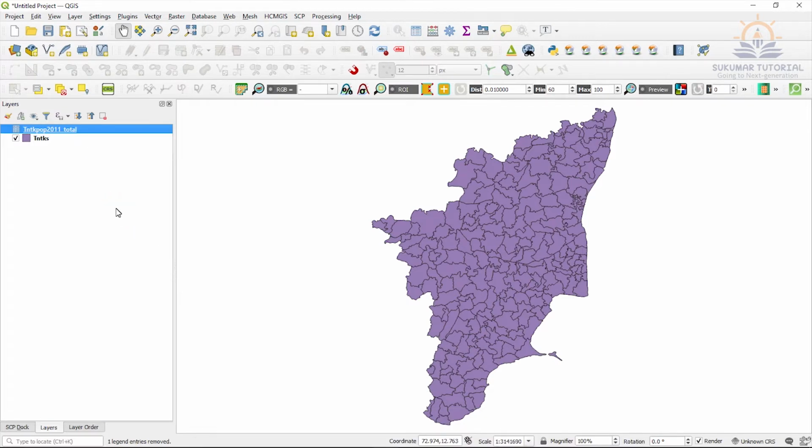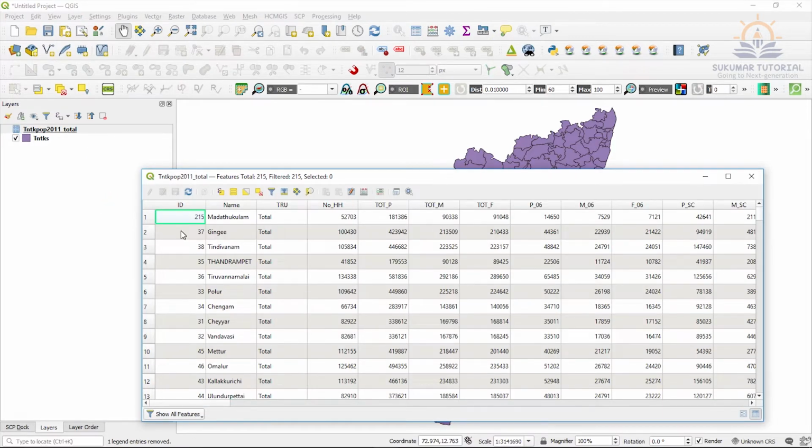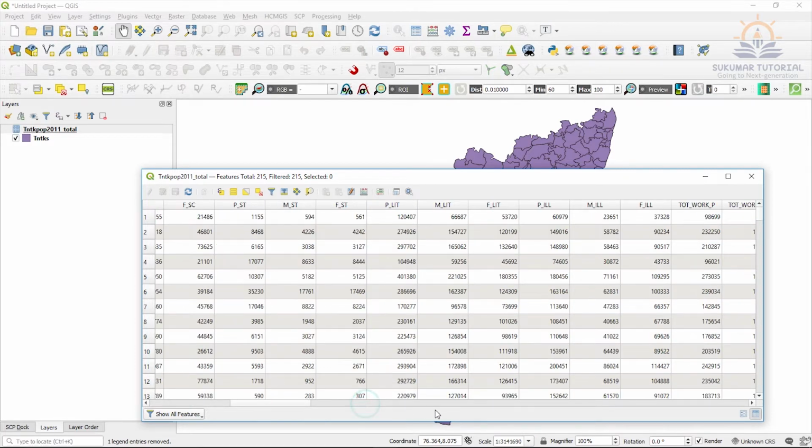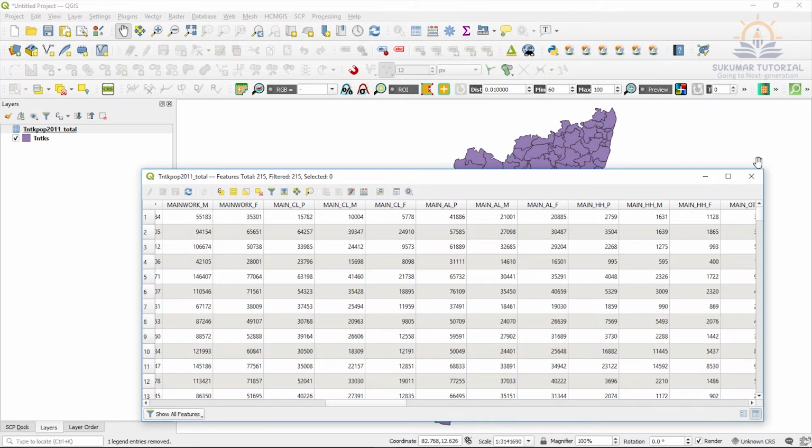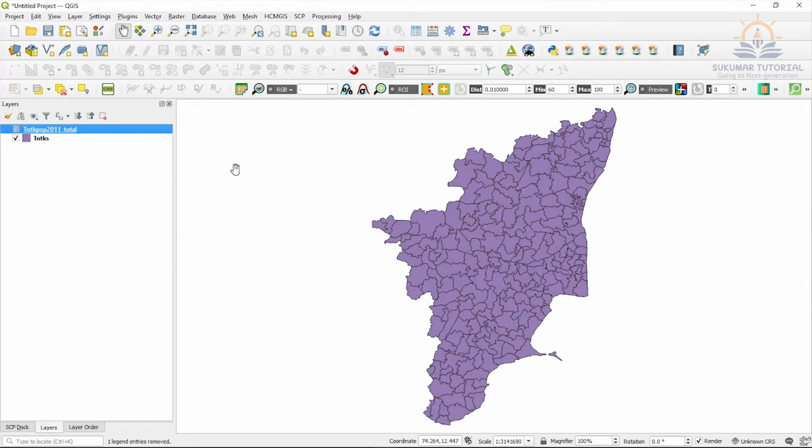When you open the attribute table of the population table, you got ID, Taluk names, then a number of column fields: number of households, total population, total male population, total female population, children less than 6 years old, then SC, ST, like that. You got a number of fields here. So I close it. Now I have to link both.